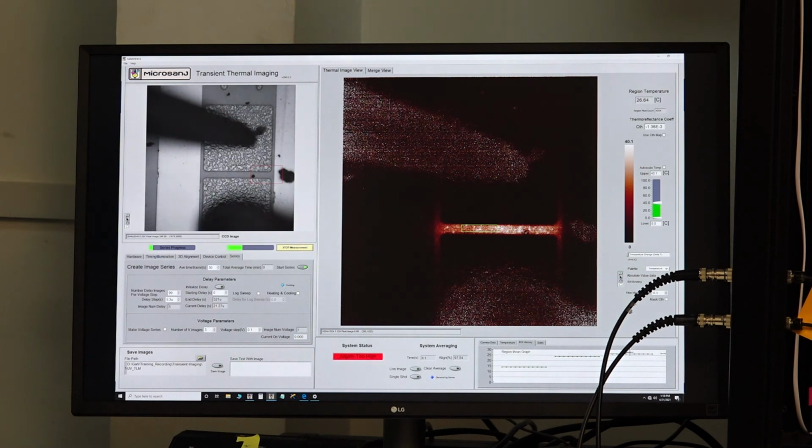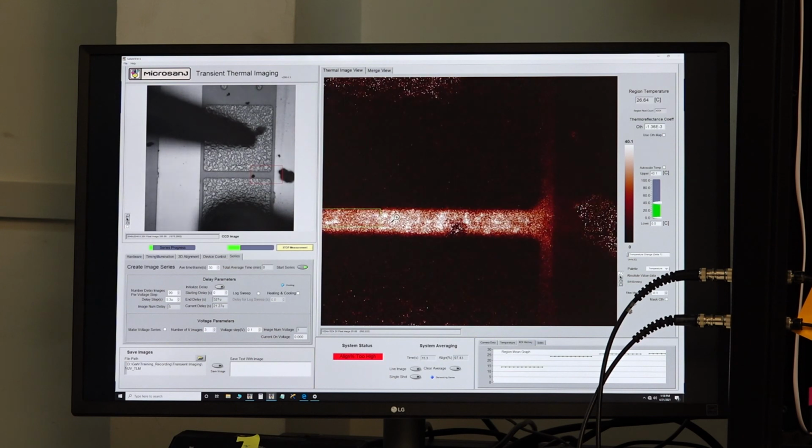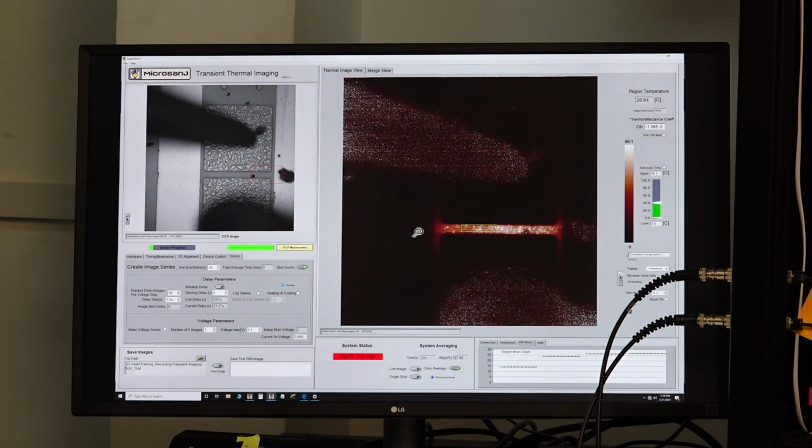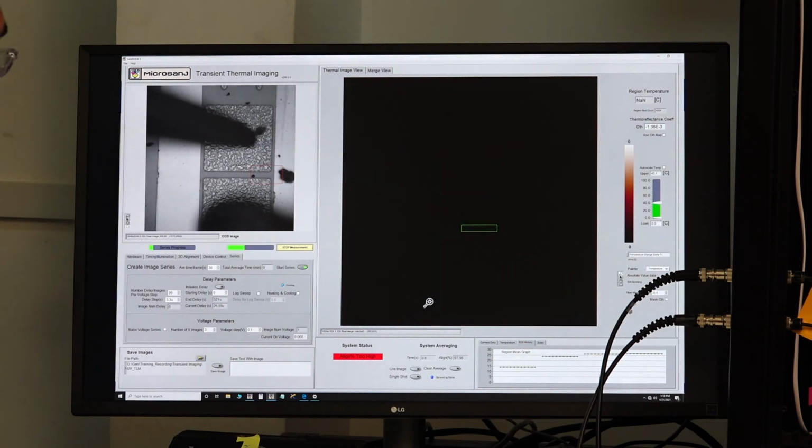So we have reached the temperature saturation, as can be seen from this window. And while this measurement goes on, we can quickly probe into the regions. We can do digital zoom to see if the heating is uniform. Here we see that it is almost uniform with small globules present, small temperature hotspots present. But the heating is almost uniform, and it is confined in the region between the two metal pads.